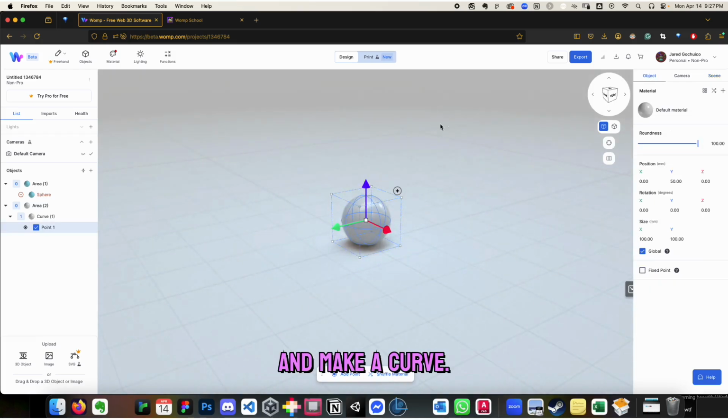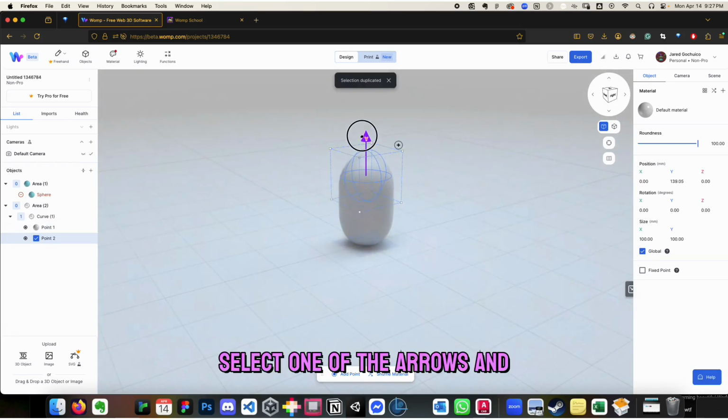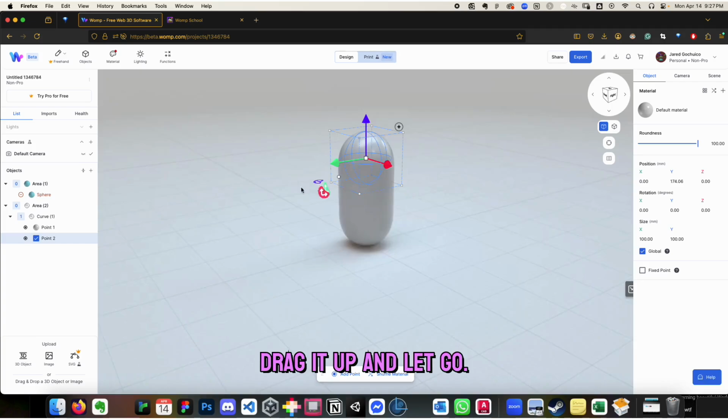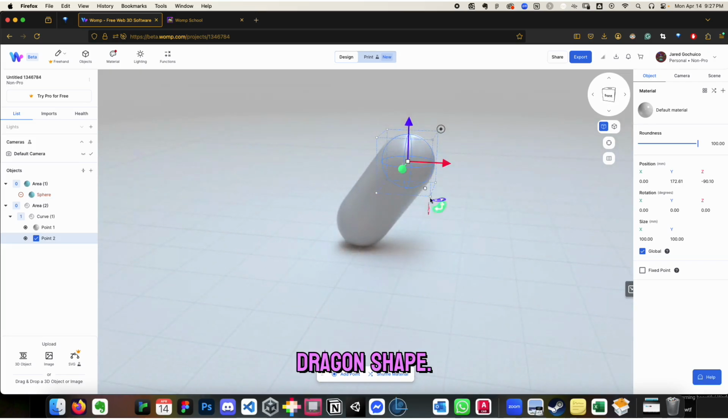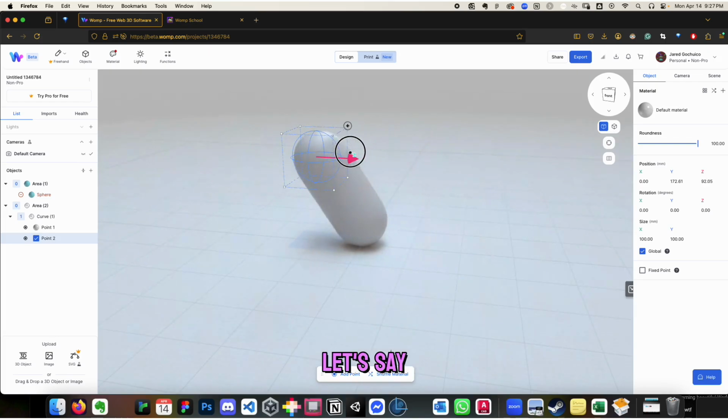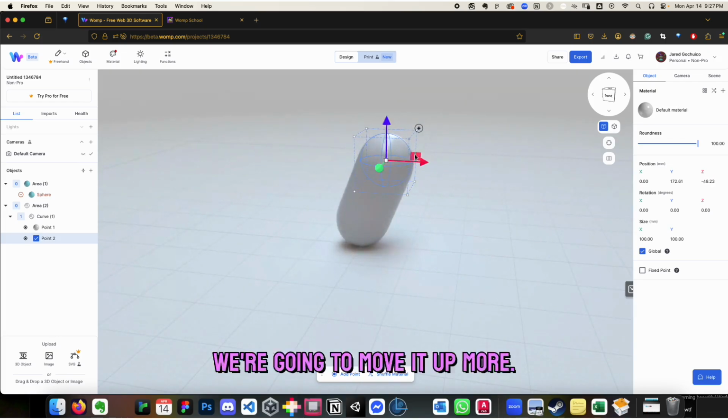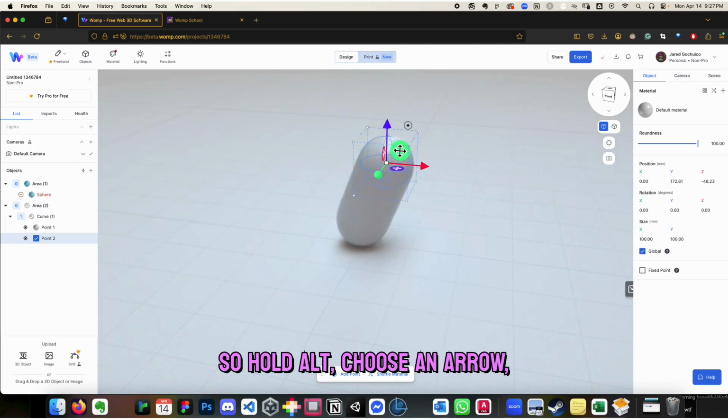We're going to expand this and make a curve. So you hold the Alt button, select one of the arrows and drag it up and let go. So now we have 2 points. You can see point 1 and point 2. We'll move this a bit so we can make like a dragon shape. Let's say we're going to move it up more. So hold Alt, choose an arrow, go up,